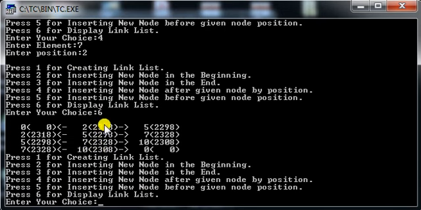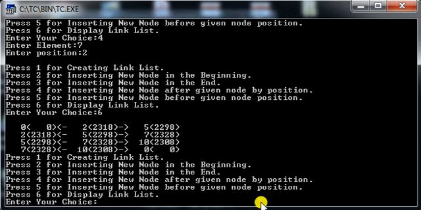Over here, you need to consider the address part very importantly, because that is the only proof we are having for doubly linked list. Okay, you can see the sequence of addresses linking the nodes together.